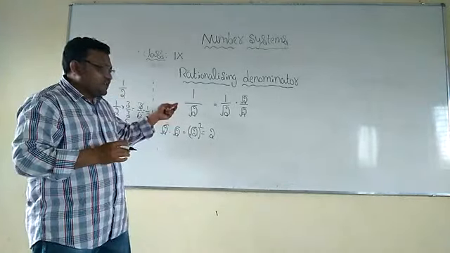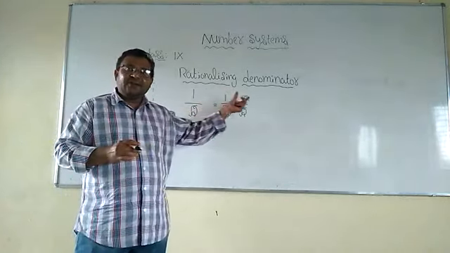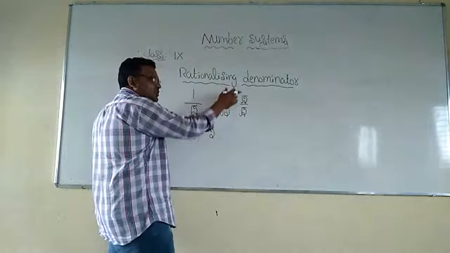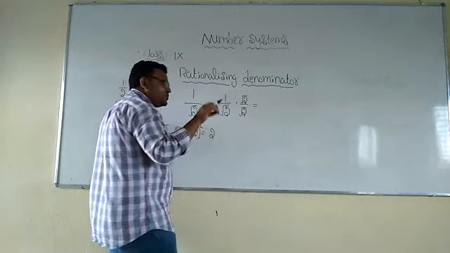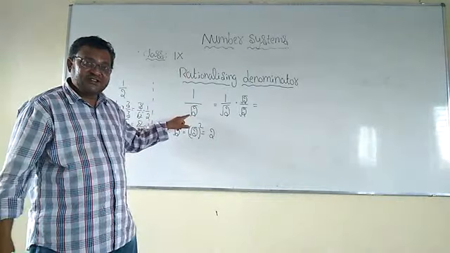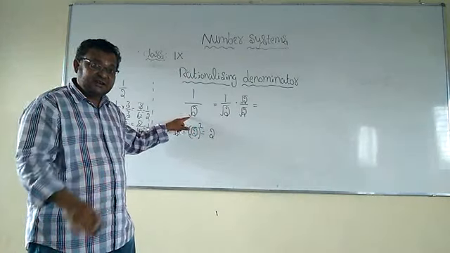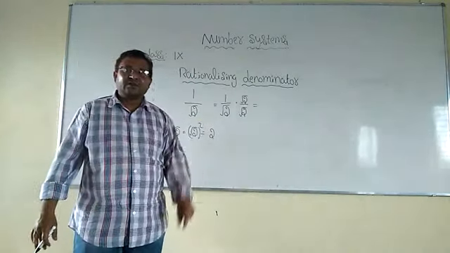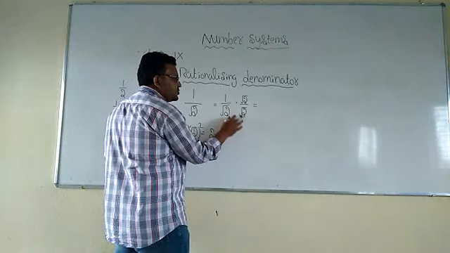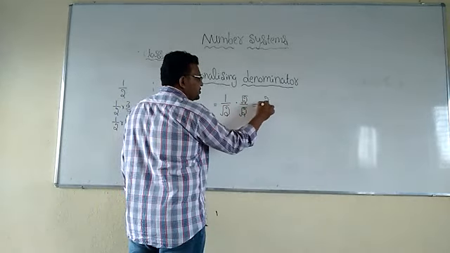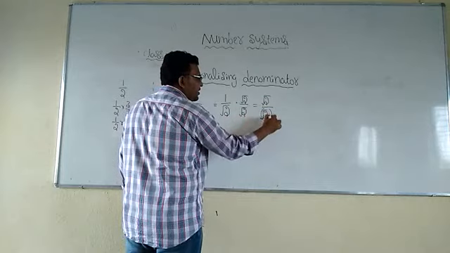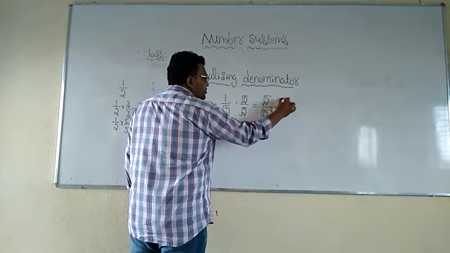And like that here, I am writing the equivalent fraction of the given fraction. I am multiplying both numerator and denominator by root 2. Why root 2 only? Because I have to remove this root here. That means I have to convert this denominator into a rational number. That's why we multiply both numerator and denominator with root 2. Now 1 into root 2 is root 2. Next, root 2 into root 2 is root 2 whole square, that is 2. Then the answer is root 2 by 2.